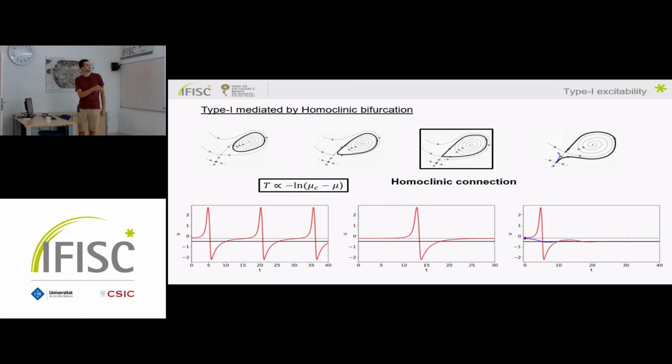Here we can see that if we give an initial condition that is above this line here, that is the stable manifold of the saddle, it will make this whole trip around the phase space. Here I show it in red, and it finally goes to the rest point. On the other hand, if we give just a small perturbation, it will decay down, like the blue line here.